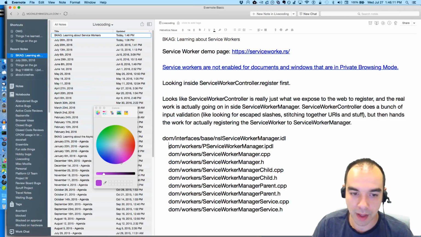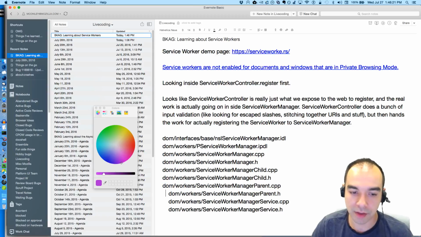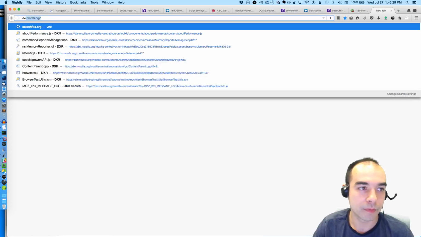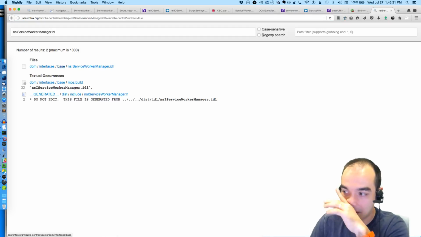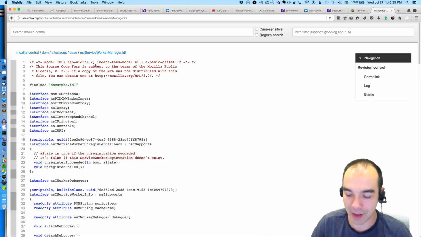I'm happier about that. Okay, so where am I going to look first? The top of the list is the XPCOM IDL, or XPIDL, interface definition at the top. So let's start there and see what this thing does. Sometimes there's good documentation inside the IDLs, so let's check it out. Sorry about that little chunk of time where I was mostly editing my Evernote note.